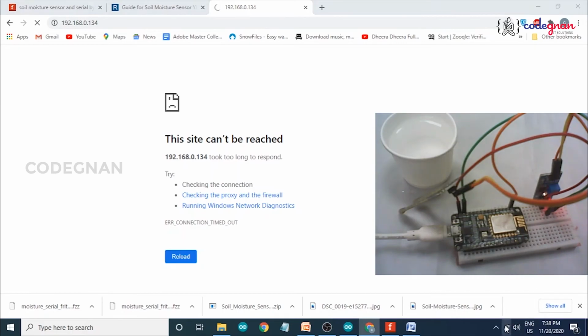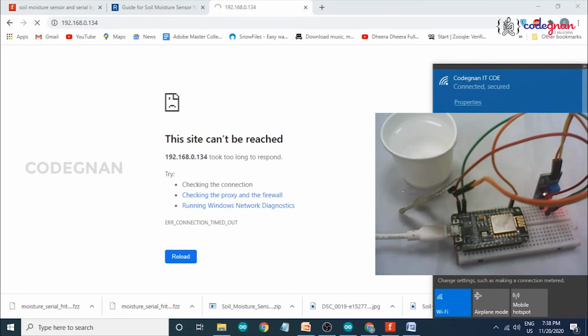Okay, there is some error because your PC must be connected with the same SSID and password.